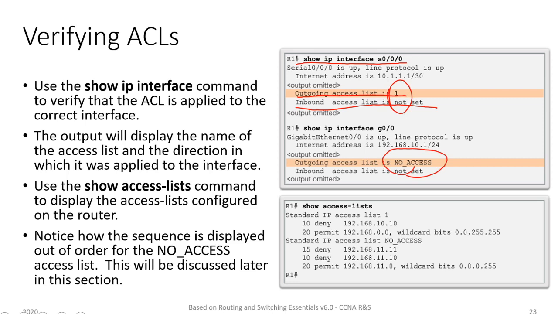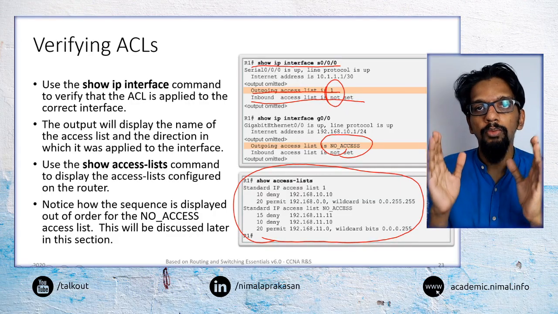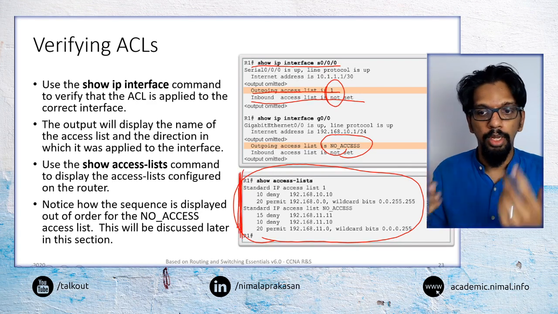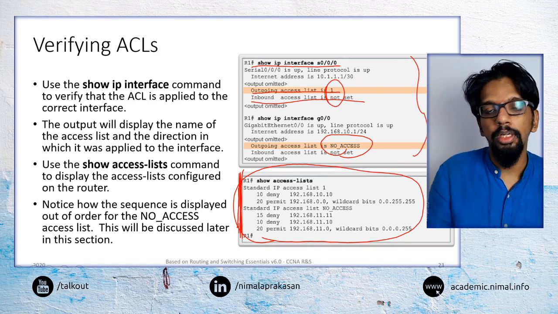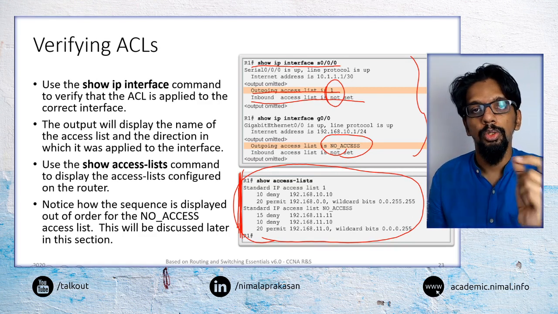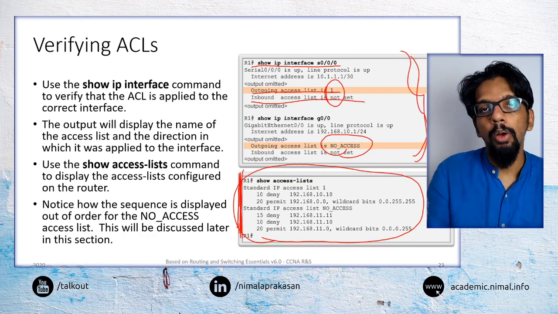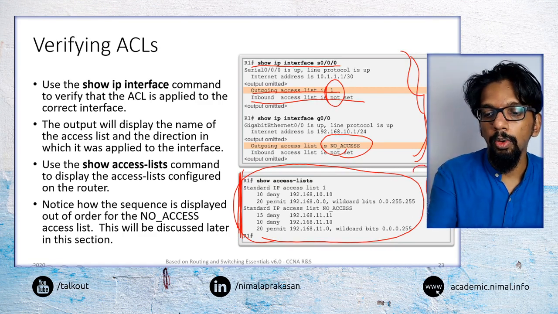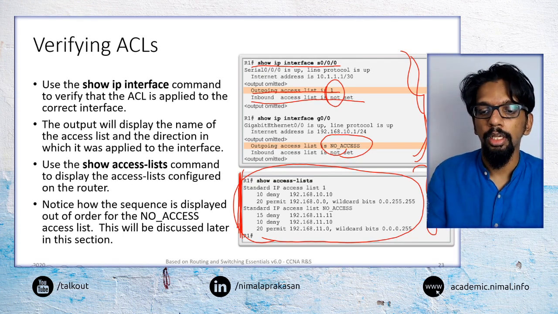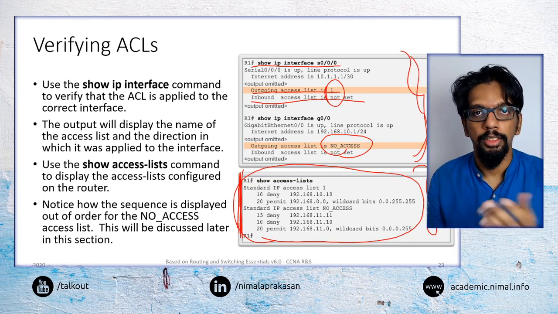Then we can also check with the router itself what all the access lists are that are currently set at the router. In a router we would have a number of access lists available, and they will be associated with different interfaces as either inbound or outbound lists. So we can check what the inbound and outbound lists are here, and we can also check what those lists are and what the specific entries in those lists are, using the show access-list command.